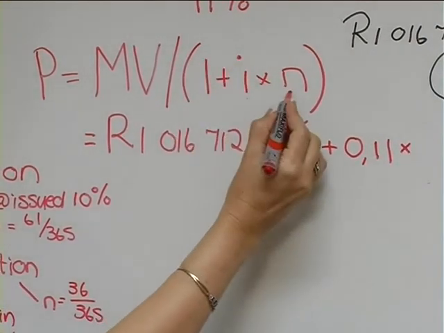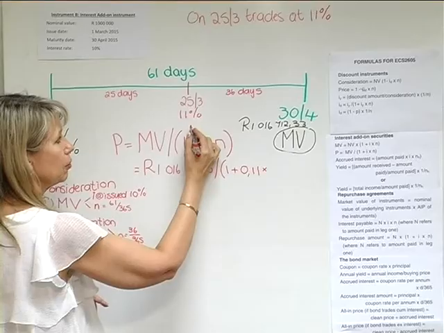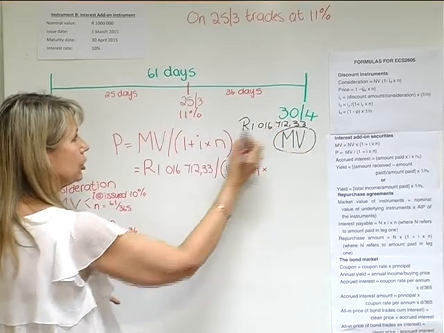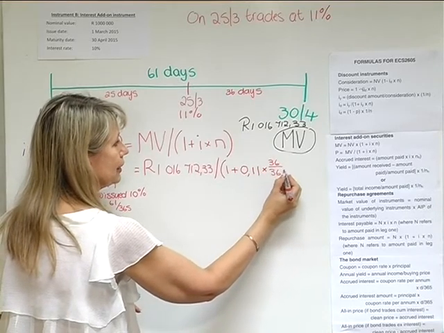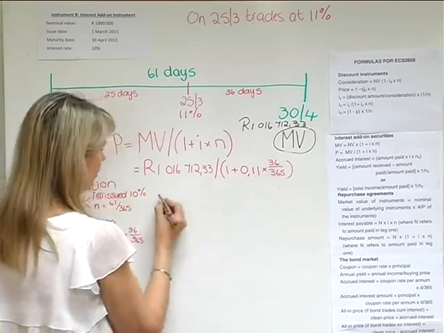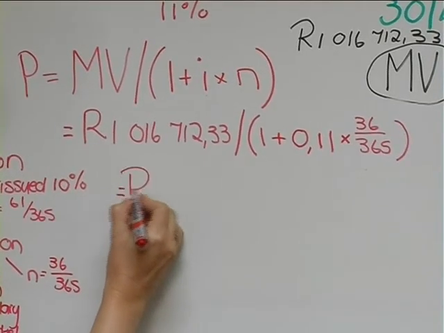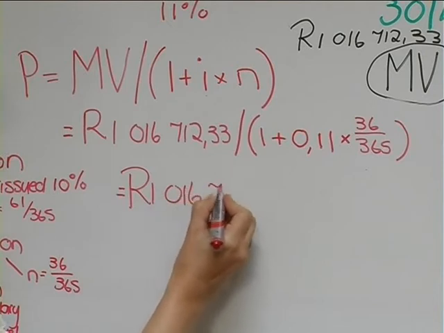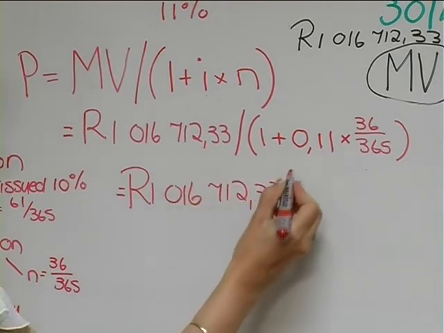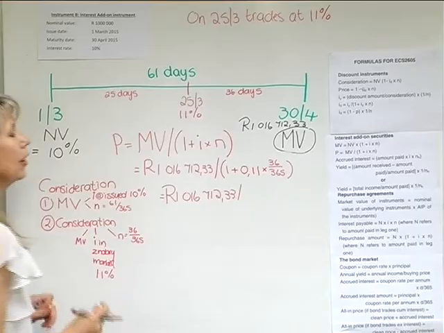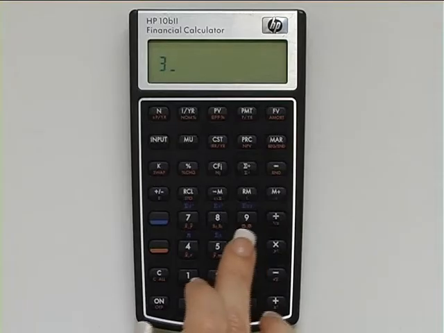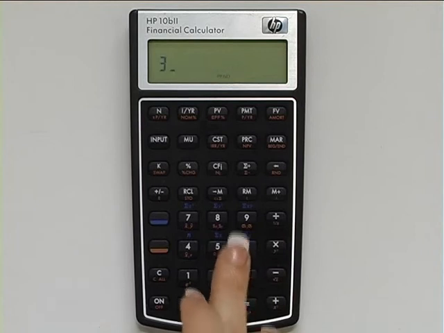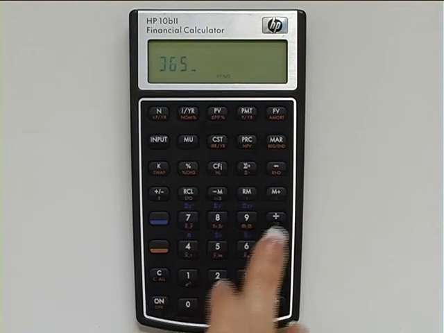And now we're going to use the period left, the portion of the year left until maturity, so 36 divided by 365. Right, so I'm first going to write that down. And now I'm going to calculate the amount in brackets, starting from the back. So it is 36 divided by 365 times